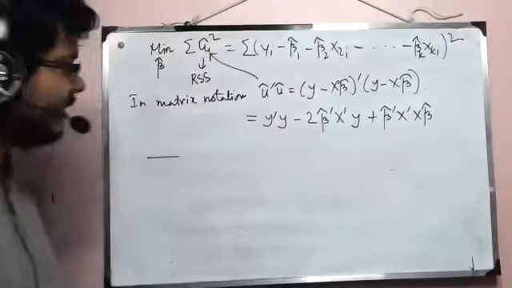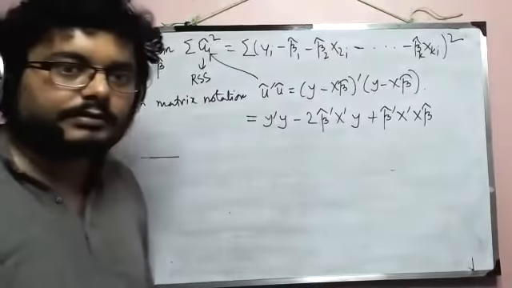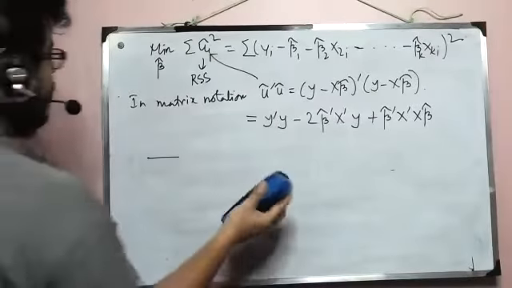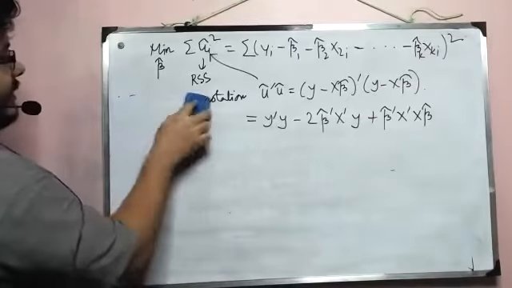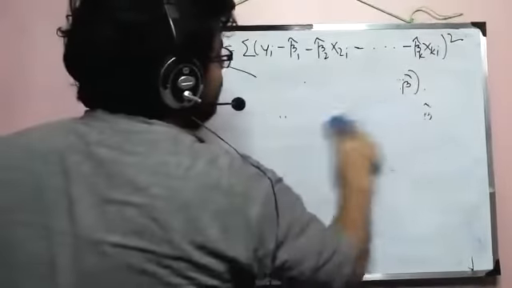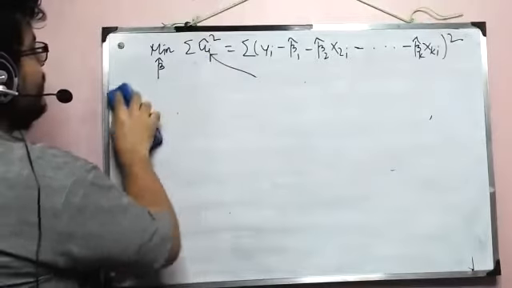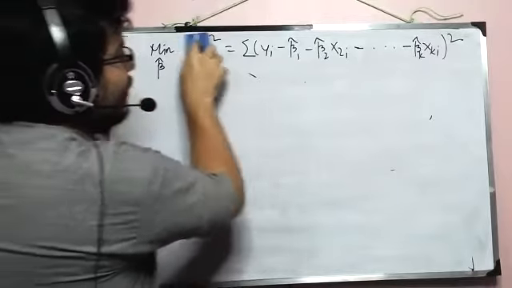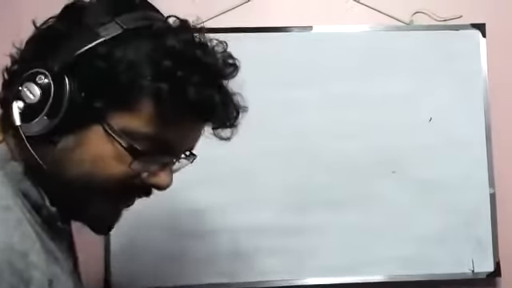Okay, so we will continue. What we ended with is that our job now is to minimize beta, and the expression that we have here for